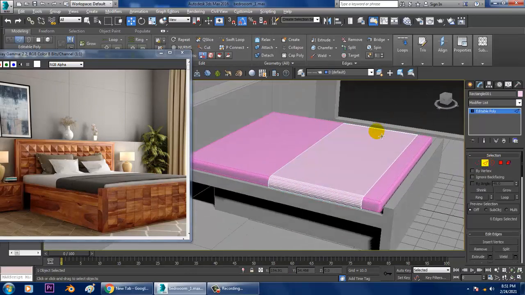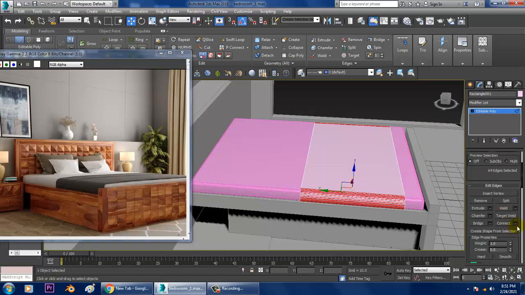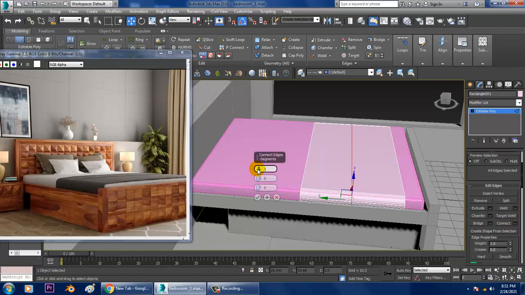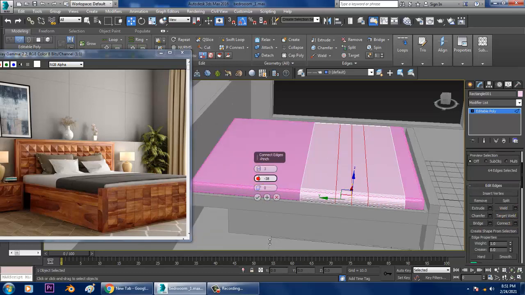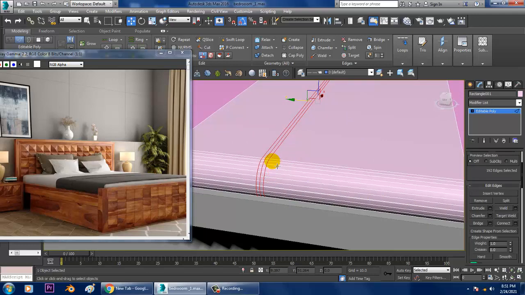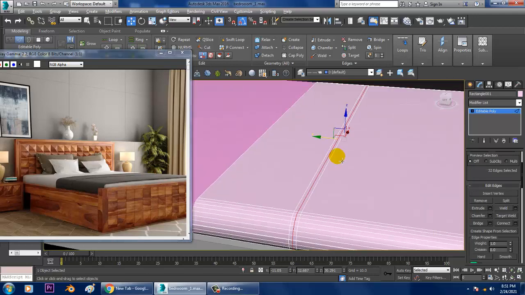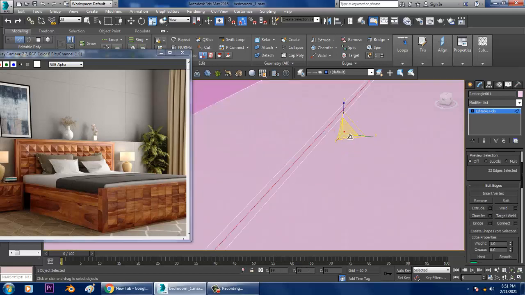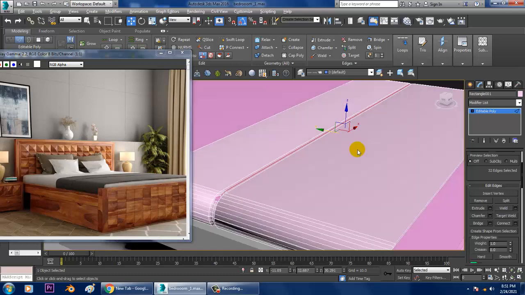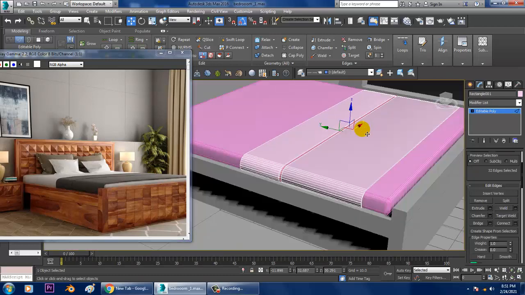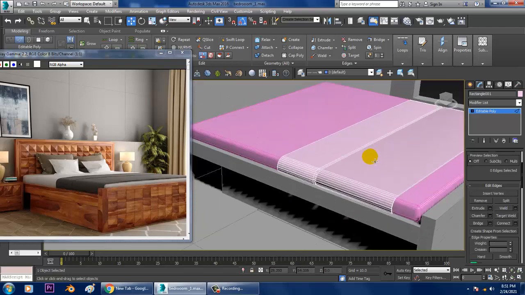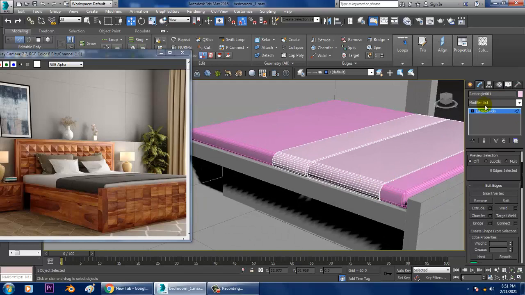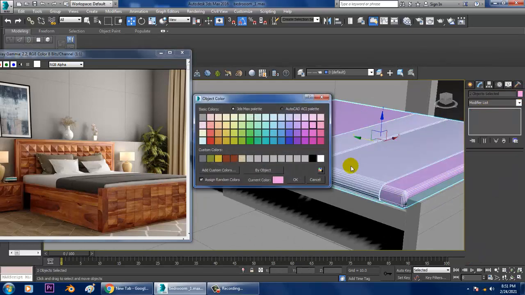So you can go into these edges and let's put three connects and slightly push it closer and put it over here. So select this whole loop and slightly you can scale it a bit in this, in whatever the best way you can do that.